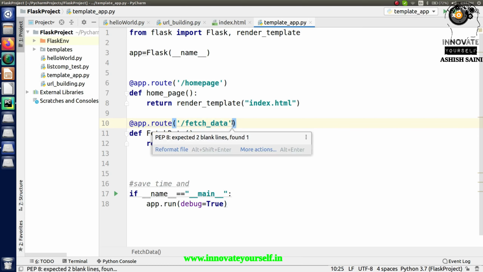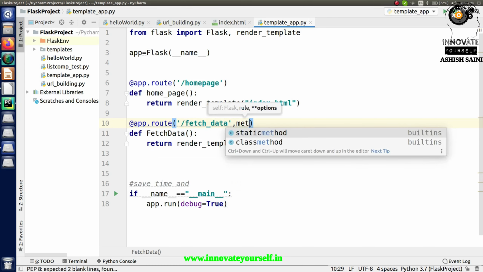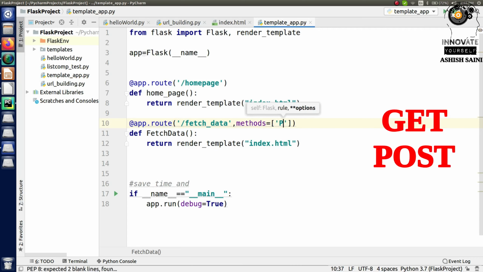Along with that, I have to pass some methods for it. So what will those methods be? Let me tell you: the methods can be the post and get methods. So what is post and what is get? Let me explain that part.